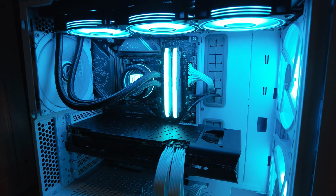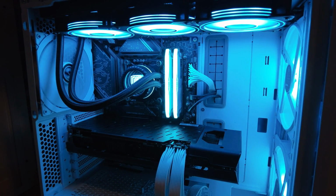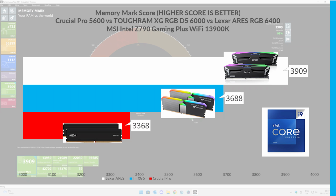So first of all, we're going to take a look at the MemMark scores. With this, the higher score is better. Again, this is the Crucial Pro 5600 versus the ToughRAM XG RGB DDR5 6000 versus the Lexar Ares RGB 6400. And all of this is performed on the MSI platform with the Intel Z790 Gaming Plus WiFi, and I'm using an Intel